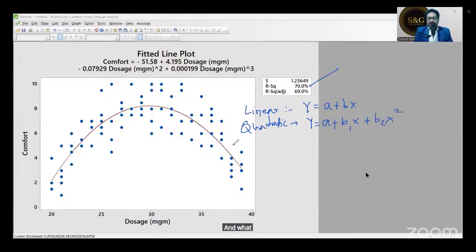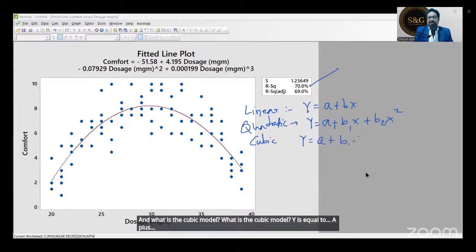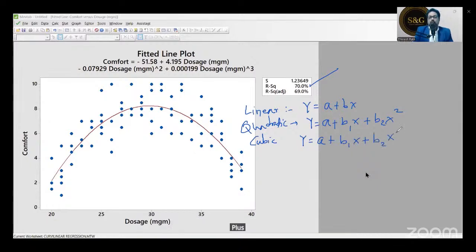And what is the cubic model? Y is equal to A plus B1X plus B2X square plus B3X cube. This is called the cubic model.